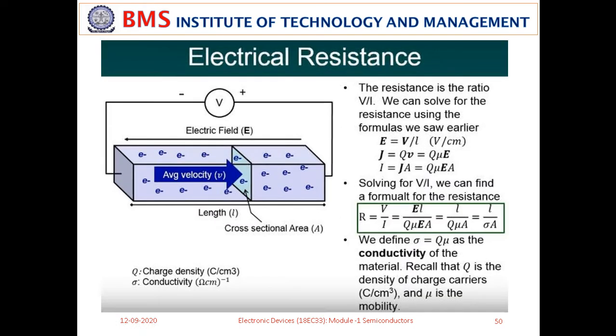Okay. So again, electrical resistance: so far we have shown the mathematical derivation of resistance in terms of the length and conductivity. The same thing is presented here for your reference, showing how the semiconductor bar exhibits a resistance. Though we have used this relation for conductors, it can be used for semiconductors as well. So all these relations are interdependent on each other: the electric field, current density, current, all these things.